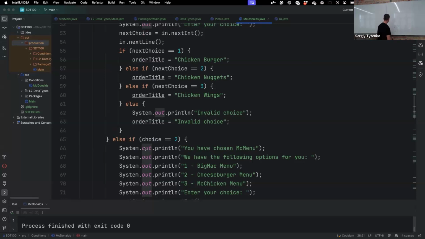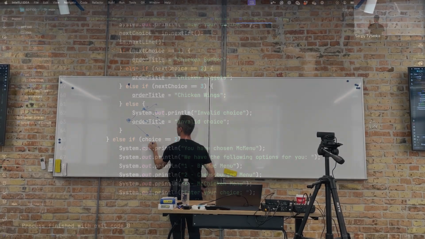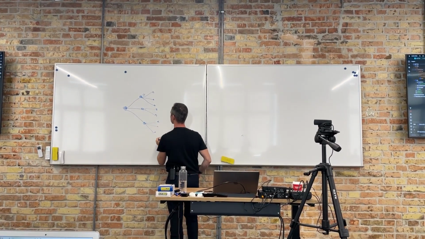So we could have branches. We come to the root menu, then we could choose which way we will go. Then we have other ways, and all of that is another if. And we could go through those ways, and so on and so forth.